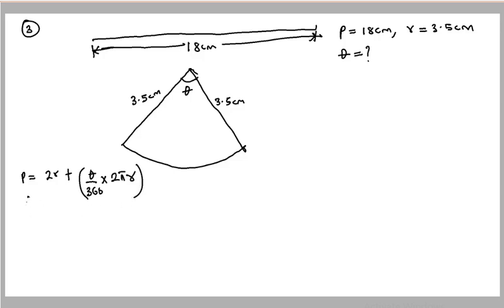So the perimeter is given to us as 18 because the sector was formed from the same length of wire. Sorry, it's 18, not 15. 18 equals, the sector has a radius of 3.5, so my R is 3.5, plus theta, which we don't know. We're asked to find the angle, so I don't know what theta is. Theta over 360